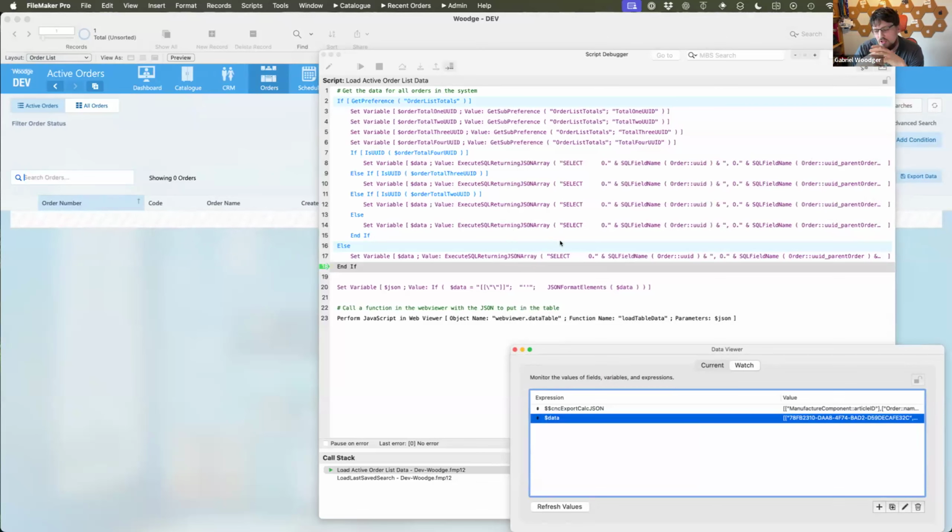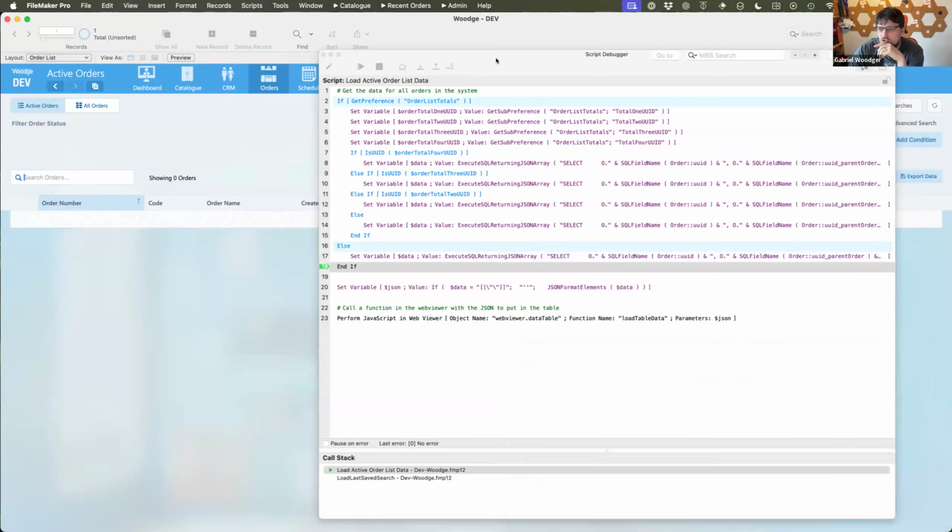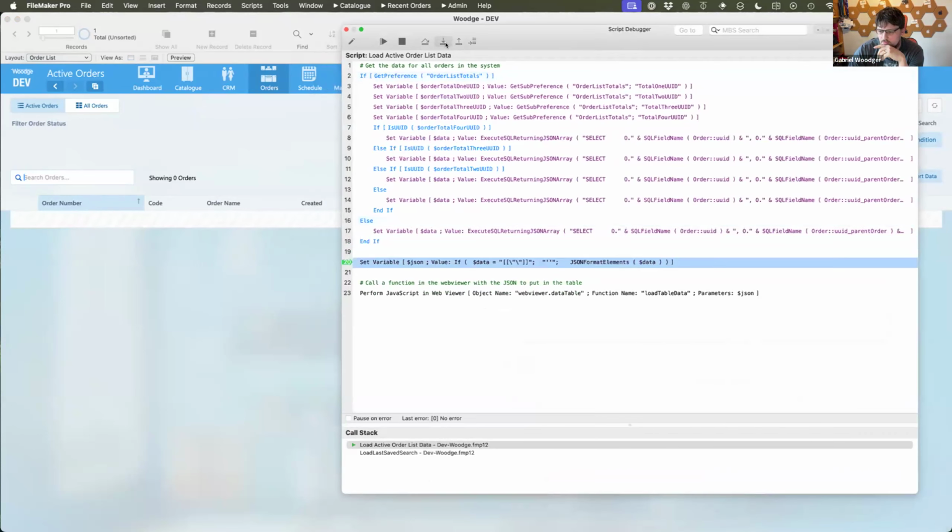if a customer wants to see an order count of things or something like that, we don't have to include that in every single query, and we don't have to pay the additional overhead that an Execute Data API call kind of has. So then obviously this data comes in, gets loaded in the web viewer, and then this is loaded inside of it.